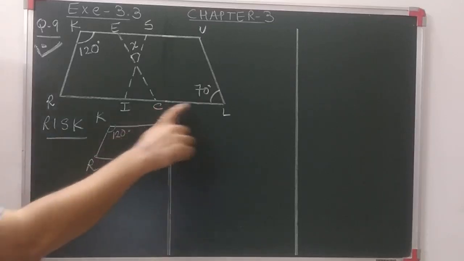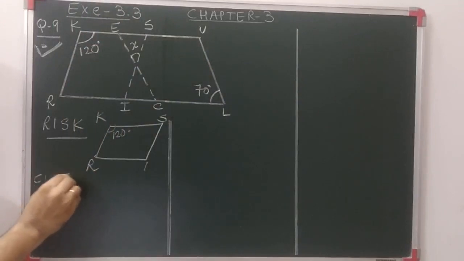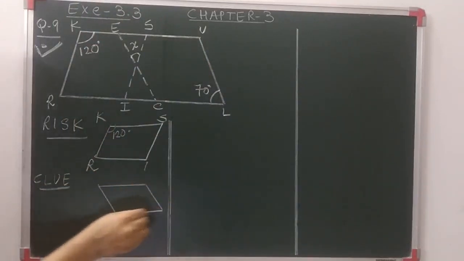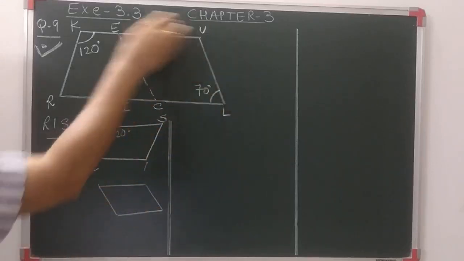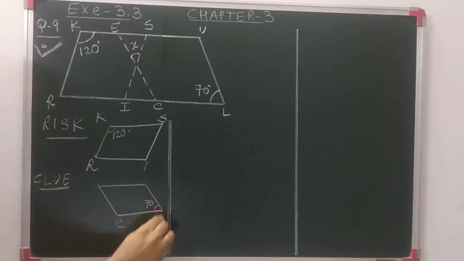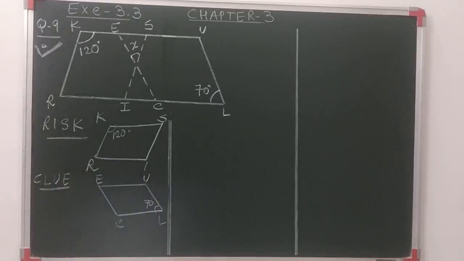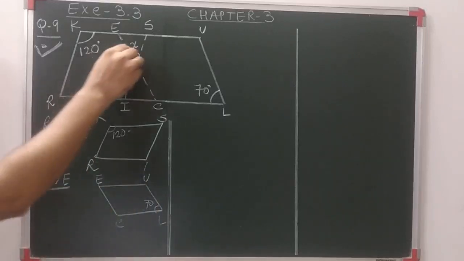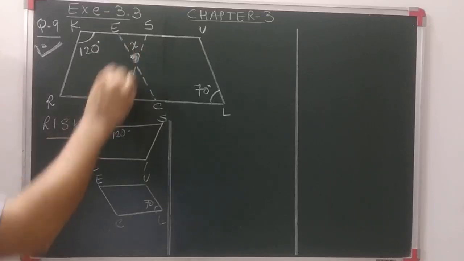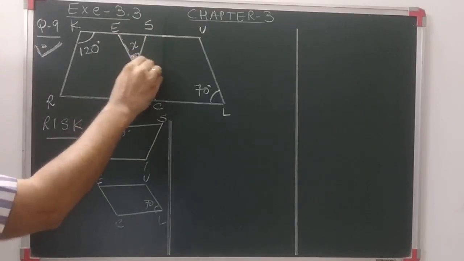Another, CLUE. This is the other parallelogram given, and the diagram would be like this. If you can see this CLUE, this angle is given 70. Now let's see which angle we need to find out. This is the angle X, this much, that we have to find out. If you observe this carefully, both are intersecting somewhere here. Let us give that point O.